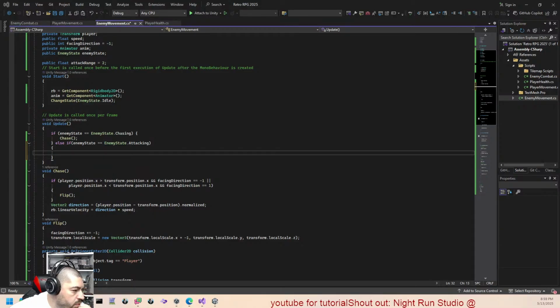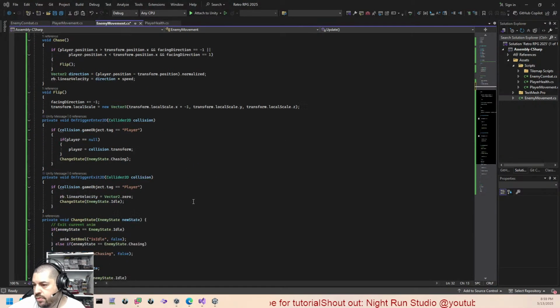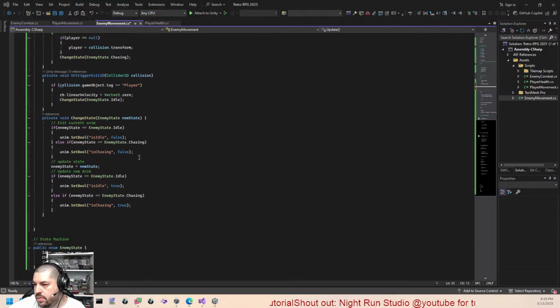So let's begin by leaving the attacking state if we happen to be going to a new state, and we'll make sure that at that point our bool for is attacking gets set false. We'll then